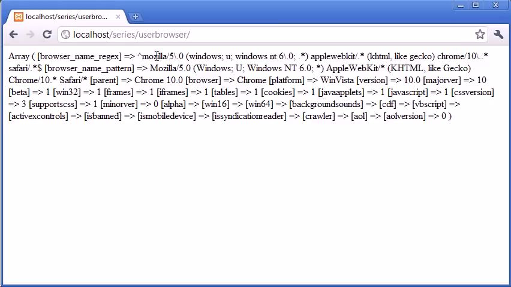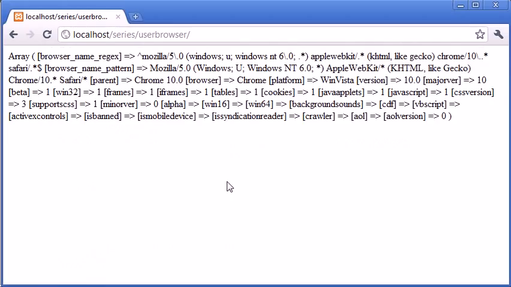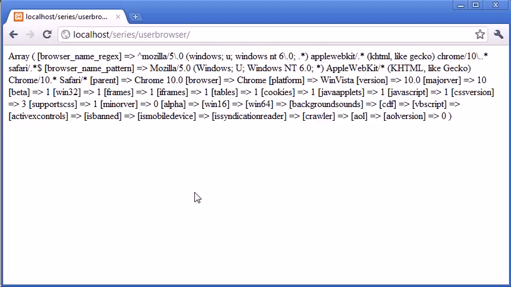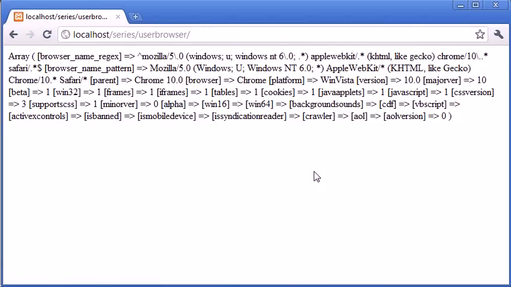If you're not receiving any of this information, like Chrome, Mozilla, anything like that, then you may have incorrectly downloaded or incorrectly referenced this browsecap.ini. So again, make sure that's correct. You may just see sort of star under this browser name regex or something. So if you have the following information in front of you, you will be good to proceed. So this is the first stage to using this get_browser function, and in the second part of this tutorial we're going to look at how we can extract information from this, and we're also going to test it with a couple of other browsers to make sure this information is correct before we start creating if statements to detect the